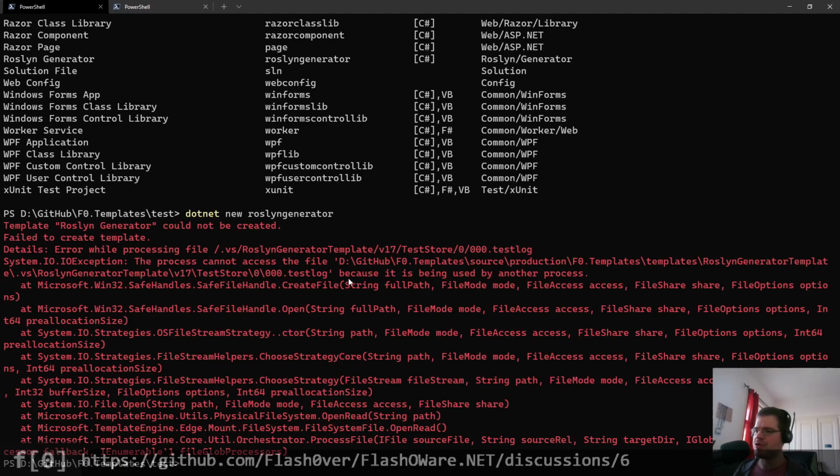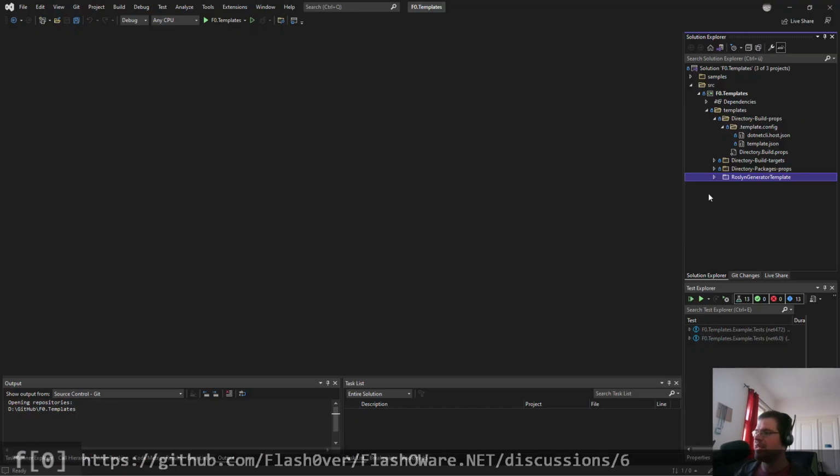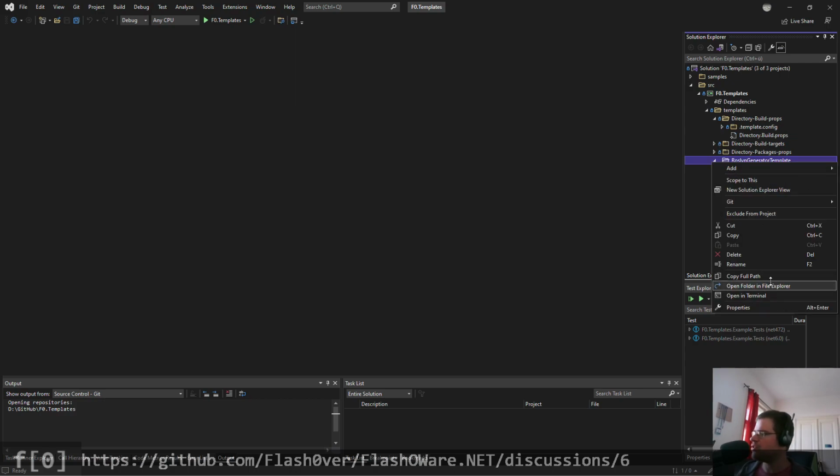Because it's used by another process. Okay, so I'm packing all of that. I should be omitting the VS folder. I think there is more that I should actually exclude from the template, because the template packs everything which is in this folder hierarchy. So if we have a look at this,